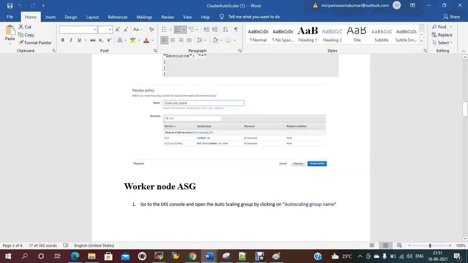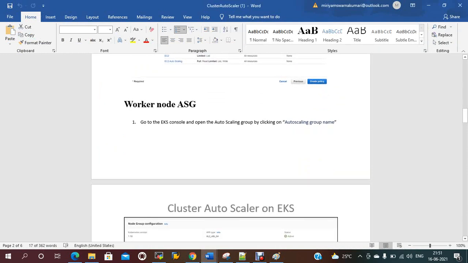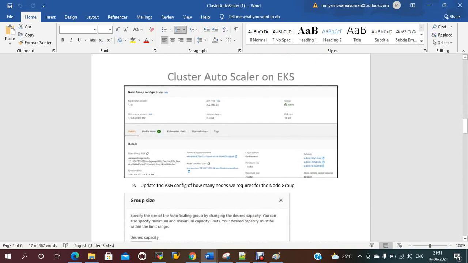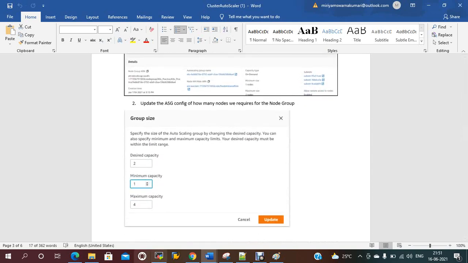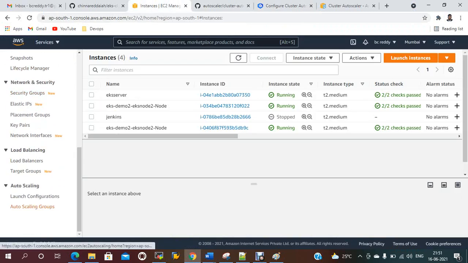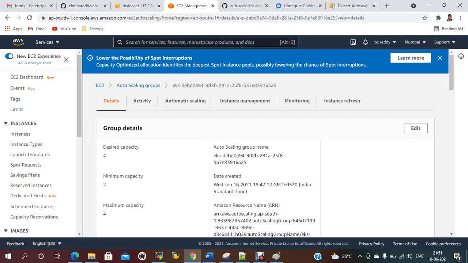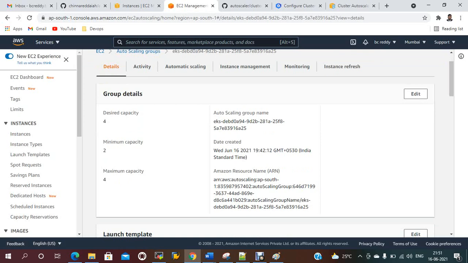In the documentation also this should be run on worker node and auto scaling group. For the EKS cluster I have created an auto scaling group. If you want you can go to EC2 and auto scaling group. See, this is the EKS one, with desired and minimum capacity, and maximum capacity 4.